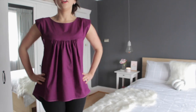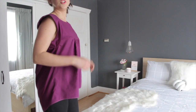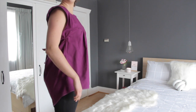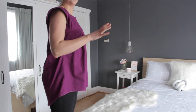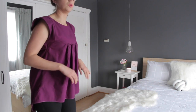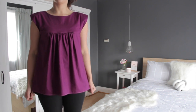Back to the top, I'll just pop back and show you in full length. So this is my Alice top. I absolutely adore it. It is so pretty. So as you can see, it has a high-low variation to it. The only thing that I'm not hugely happy about is this little bit here where it sort of goes over my butt. Sometimes it sort of puffs out, and that does bother me a little bit. But I think that's just because of the way it sort of goes over. But apart from that, I'm so in love with this